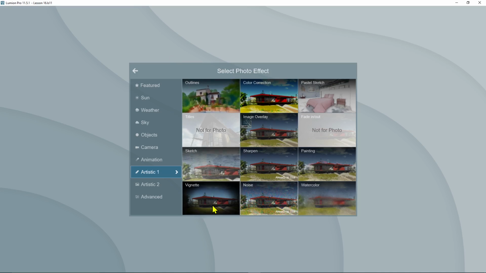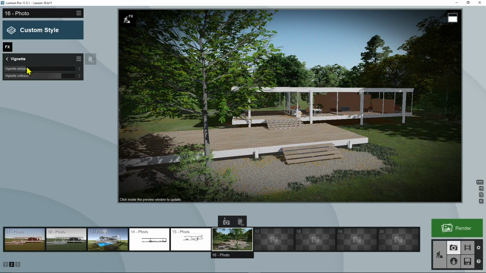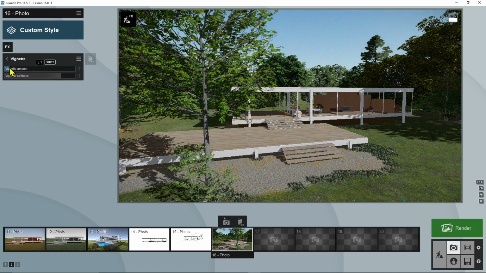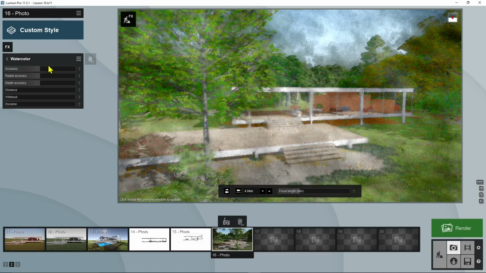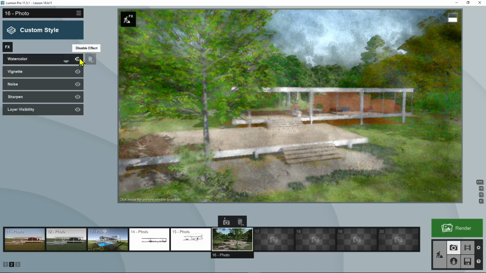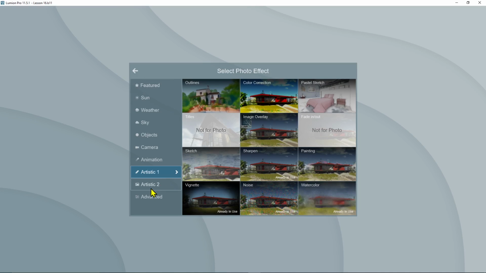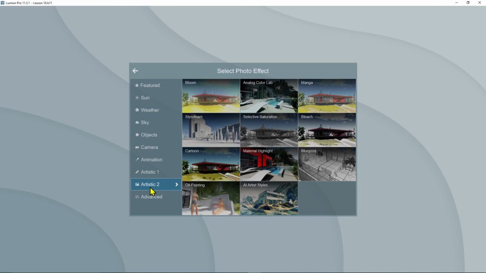Let's go here. Also Vignette, it's a really classic effect from cameras. It has to be really soft. And well, you can see these are not only artistic, one of these is pretty artistic, others are not. And this is like watercolor. And let's go to artistic 2. And you can also have this, which is kind of